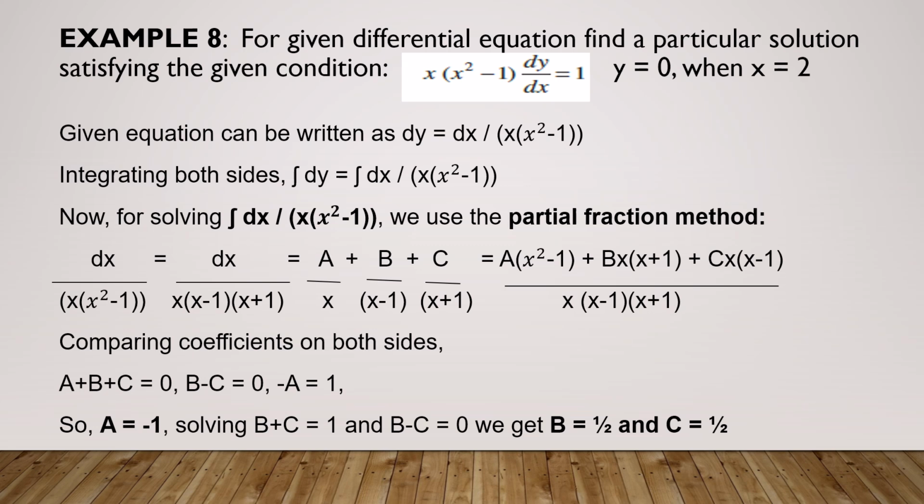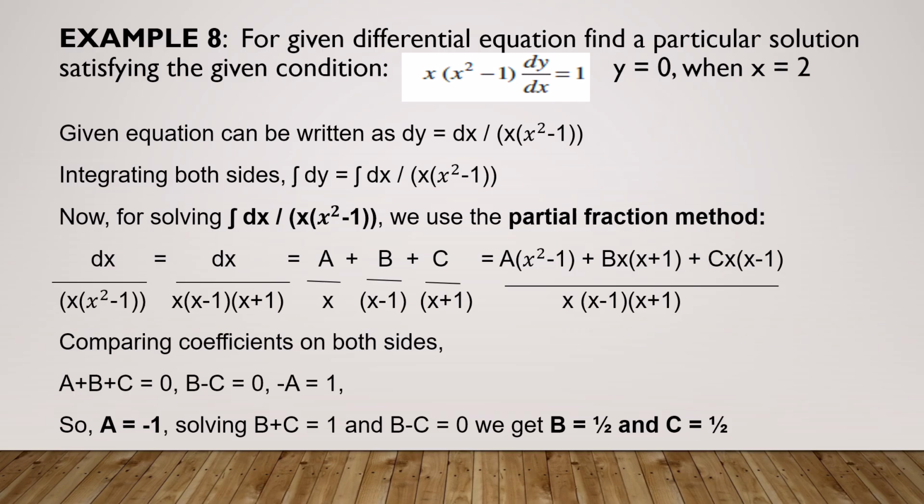Now just remember, in the previous example we had found the general solution. So it had the constant of integration c. For a particular solution, you first find the general solution and then find the value of that constant c for the particular solution. That is the difference. So the given differential equation,